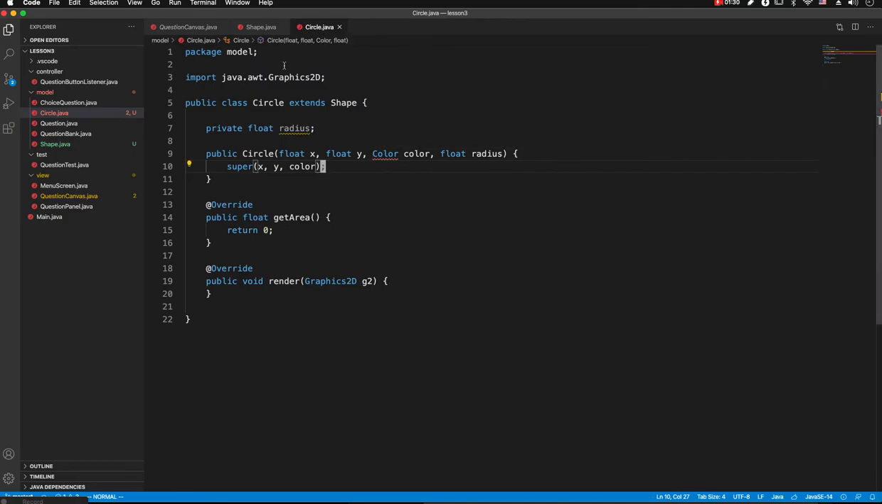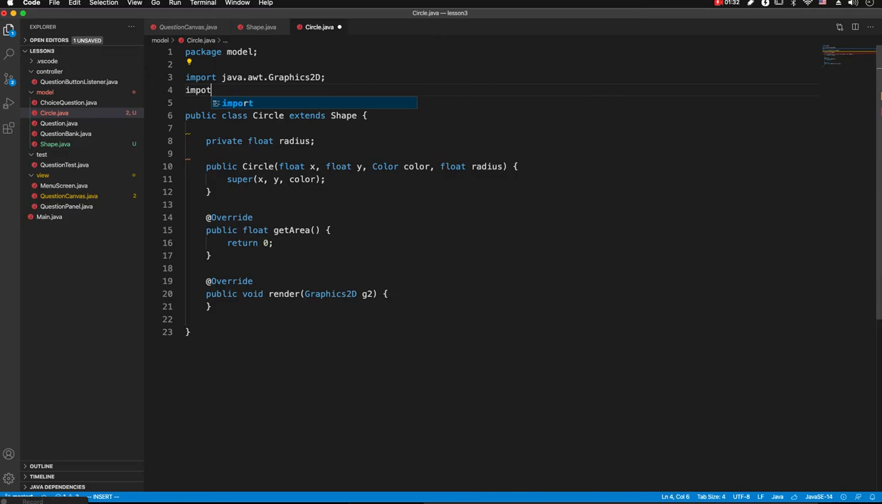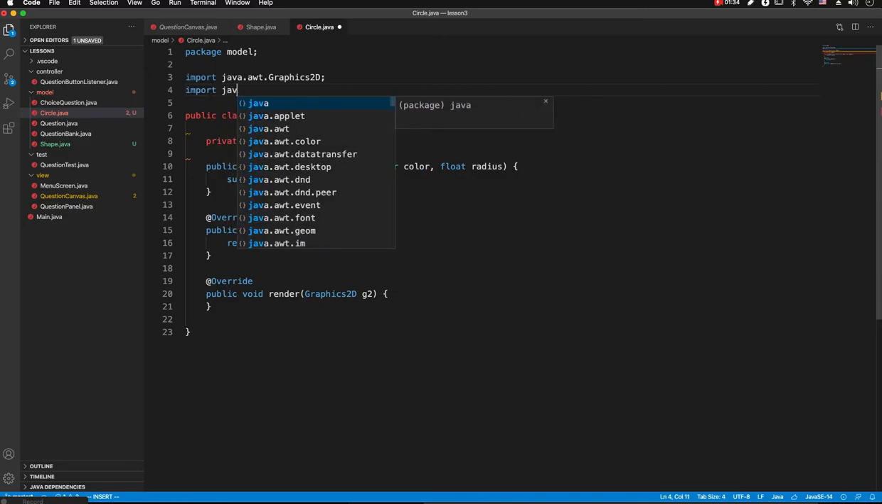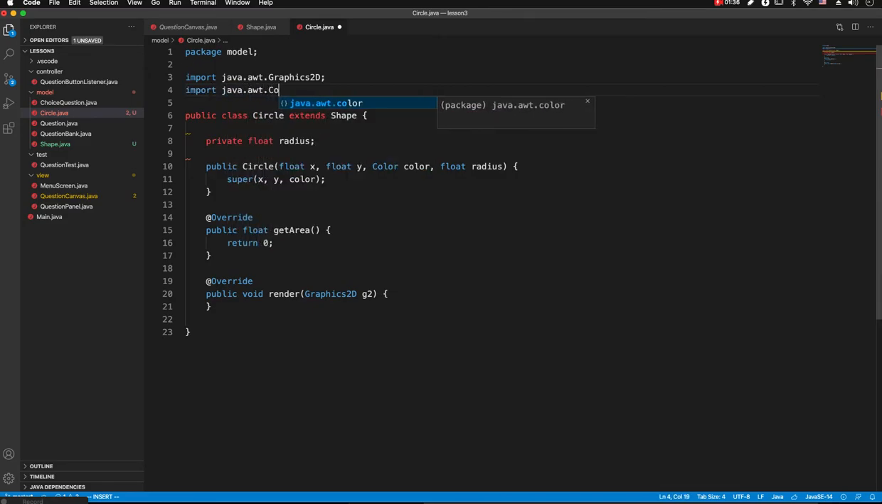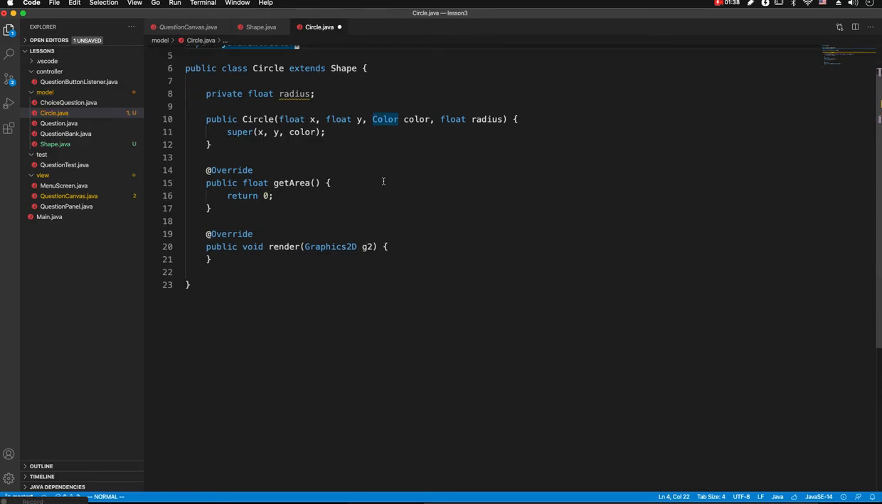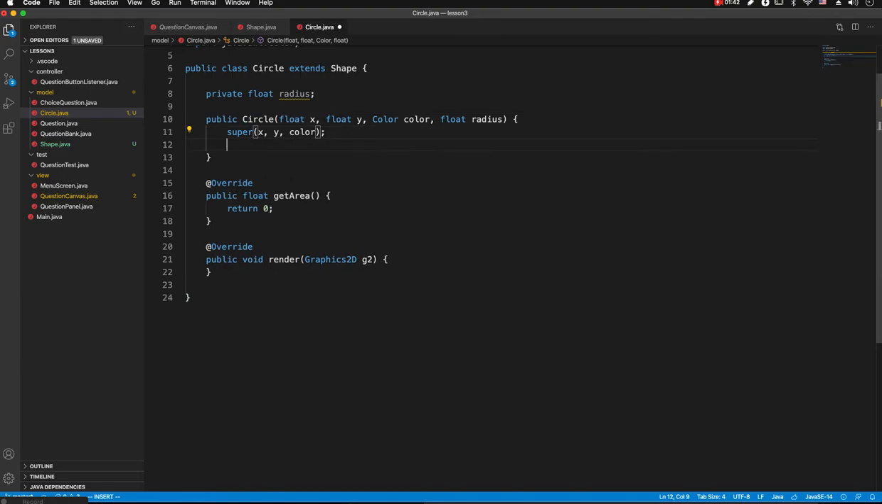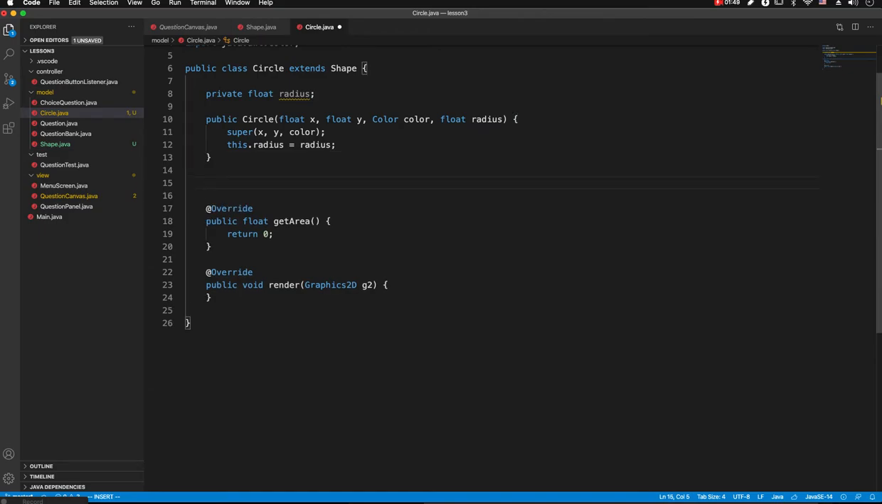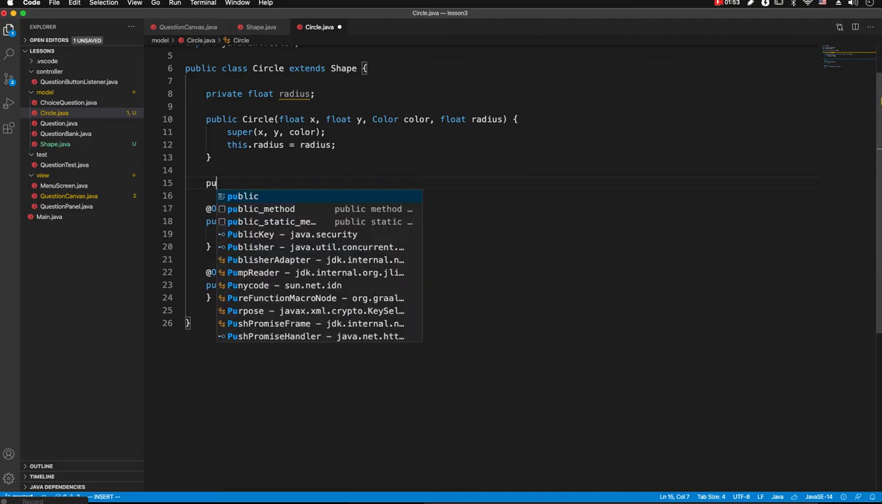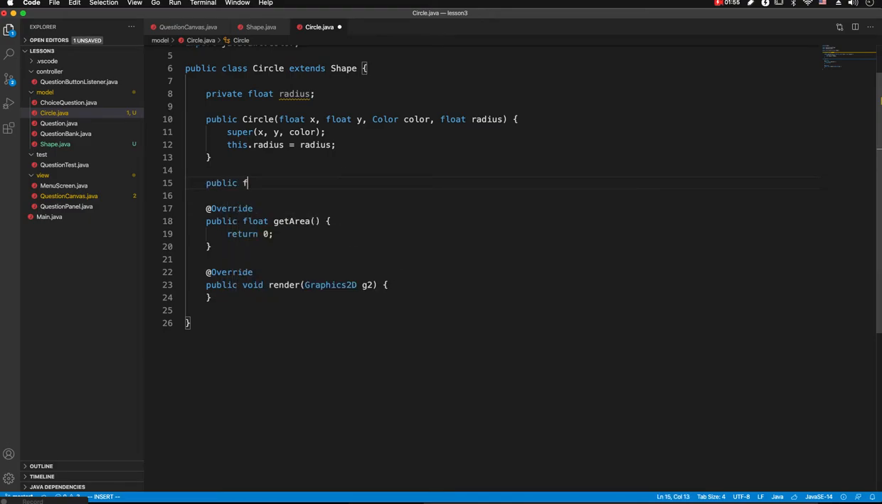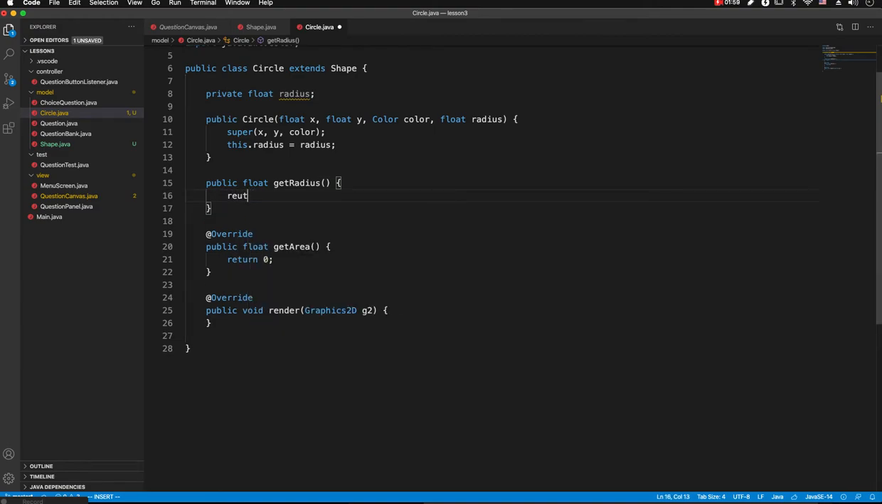And for color, we need to import java.awt.Color there. So that is taken care of. And then radius is from the parameter. This is not on the UML, but we need to read the radius, so let's provide a getter for that. float getRadius, return